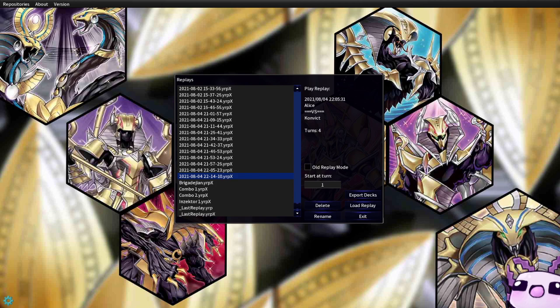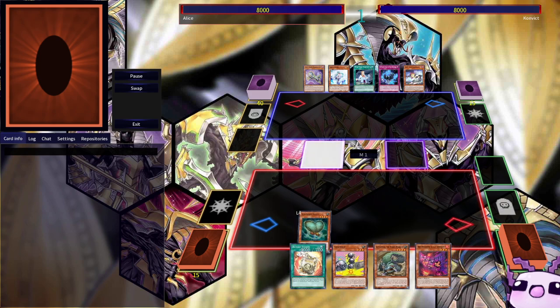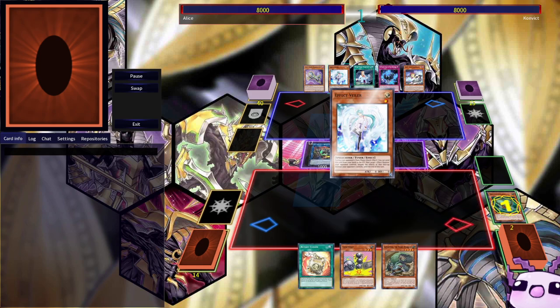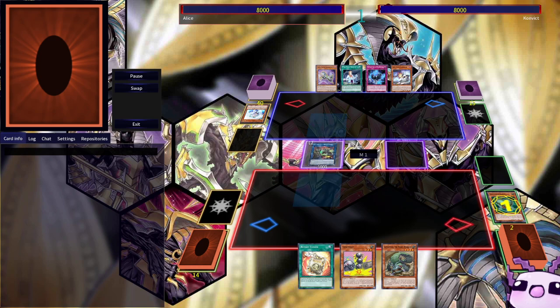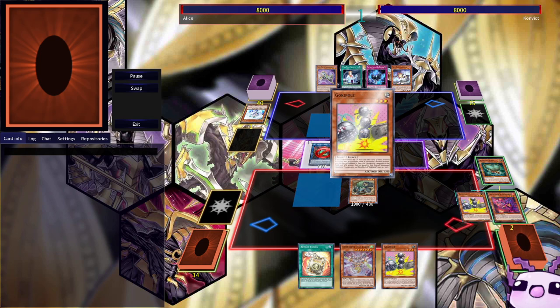And I believe it's this one right here. So this is me and my friend testing. He's playing a Time Thief Phantom Knight deck, and I'm playing my deck. He Valors the Horn while I get all my searches, summon out Aztec, shuffle back the Resonant, or banish